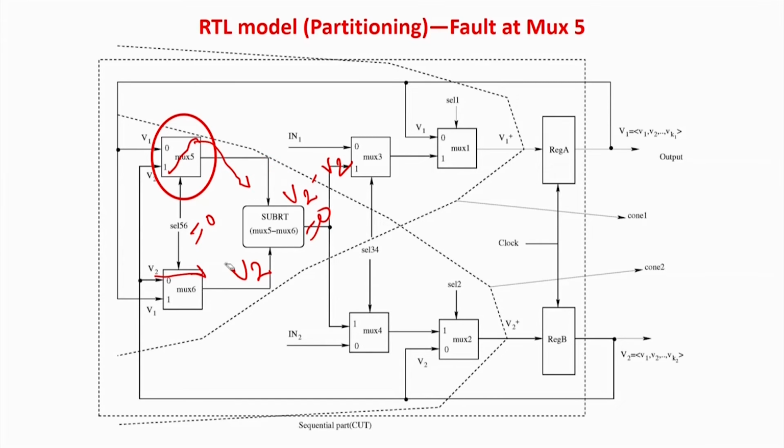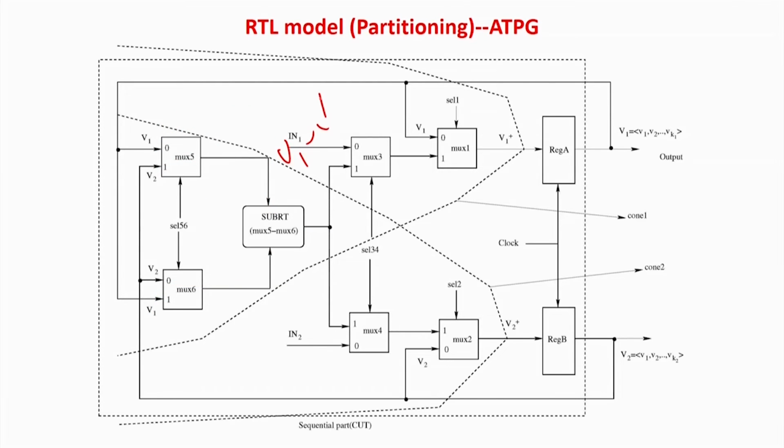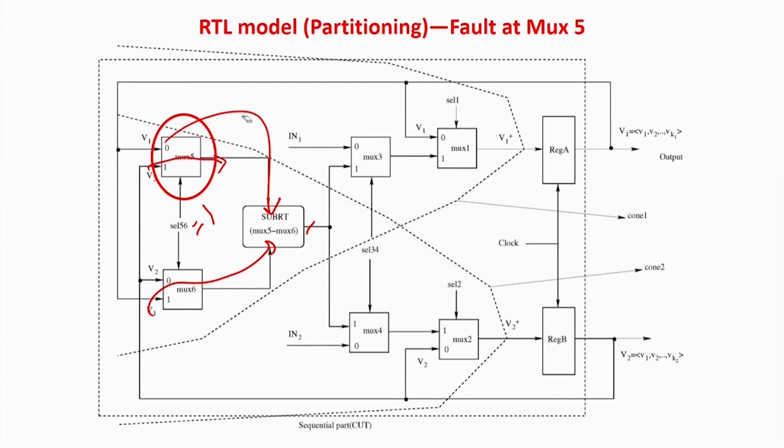Now if I take the other side, if I take mux 5, 6 equal to 1, V1 will be coming at the output. Here, equal to 1 means V2 should come out, but it will not. V1 is going to come out because of this swap, and again it will be V1 minus V1, because here it is reversed. So the answer is 0. So you can easily appreciate that because of this crisscross fault,